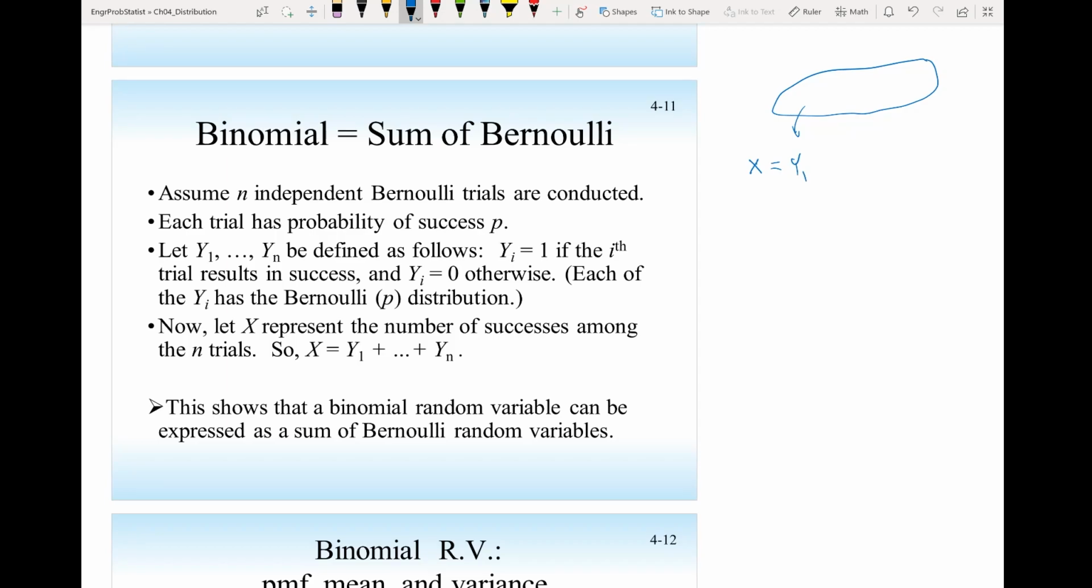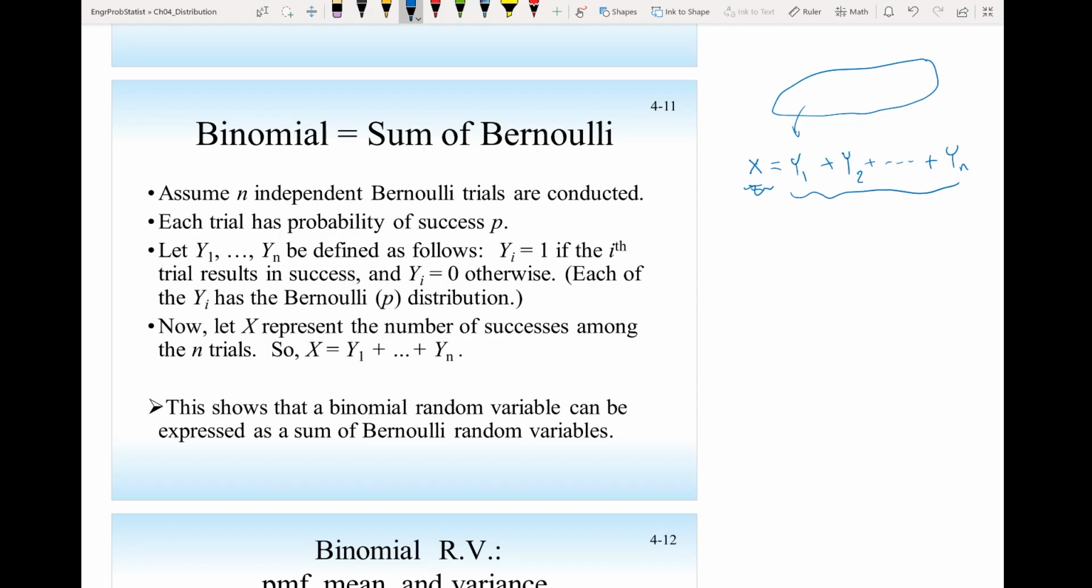It could be success or failure, plus another random variable with Bernoulli distribution. Again, it could be success or failure. And I can keep going to n selection or n trial. Now x is the number of success. So y1 could be 1 or 0, success or failure. y2 could be 1 or 0, success or failure. So if I sum them up, it will give me the value of x, which is a random variable with